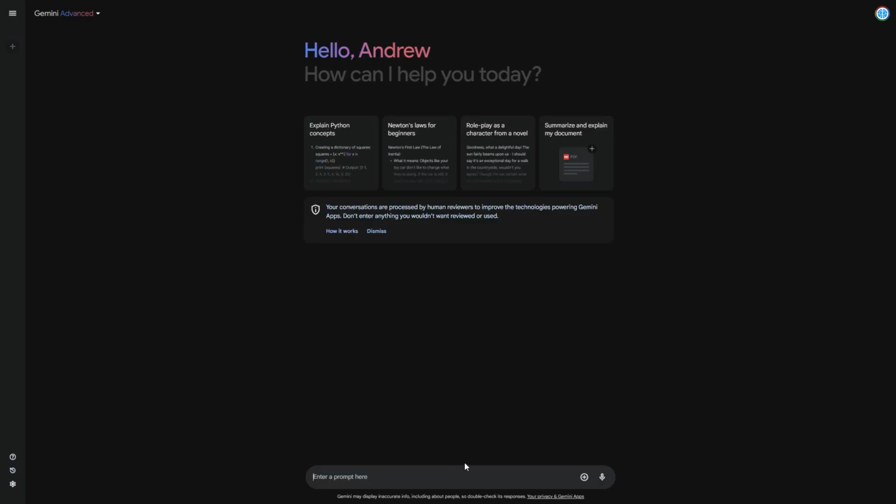So one of the first things you can actually do is type in @ right here. When you type in @ right here, you can see that we have several different apps that we can connect with and use. So for example, if I wanted to connect with my Gmail, I can use this to search for a relevant email. I just want to click this @ button here, click Gmail, and then ask it,